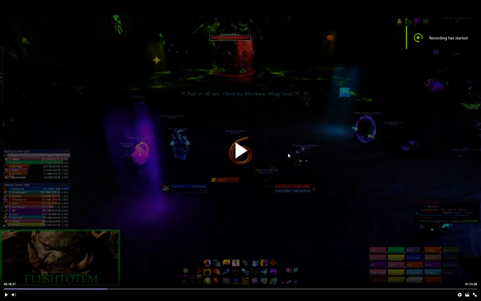So I'm finally coming to you guys with my Tichondrius commentary guide here. There's been multiple problems last week. I was supposed to get the guide out, but something came up and I had to exit the raid for like 10 minutes and they killed at that pull, so that was unfortunate, but I'm finally here for you guys,